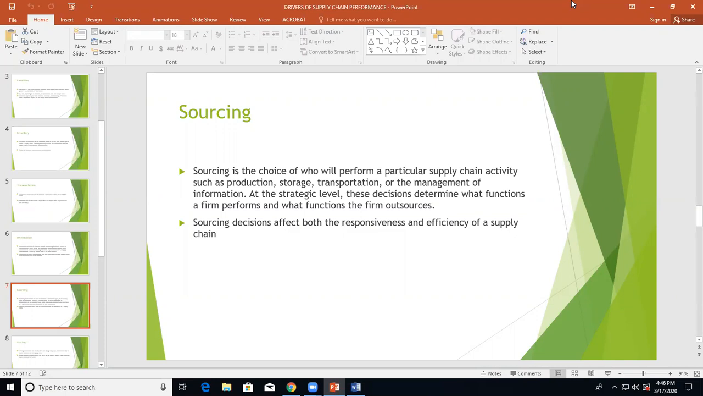Sourcing, I'm just telling you again, means you don't perform a particular function like production, storage, transportation or management of information yourself. You outsource the function; you ask another party to work for you. There can be many reasons, for example it is not your specialty and you don't want to